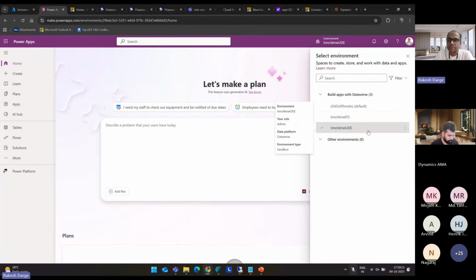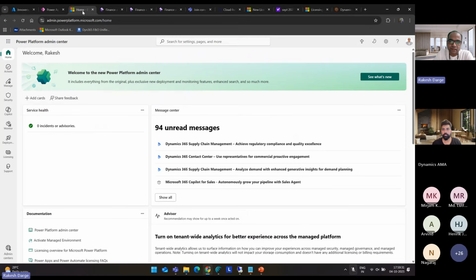In my case, I have two environments deployed. One is for UDE. I deployed this environment especially for our presentation or demo purpose. And this other one is an environment that I typically use for my learning purposes or for Copilot stuff. Everything is bundled together. Okay. When you navigate to the admin center, this is the landing page, especially for those who have not seen the landing page of the admin center earlier.